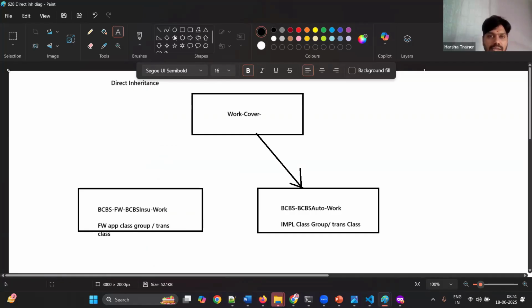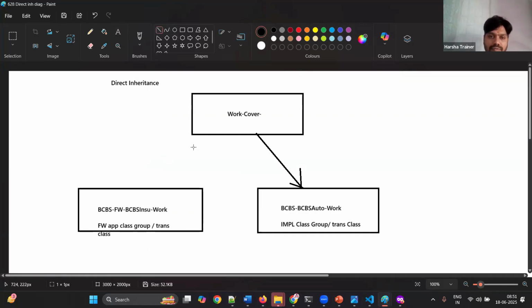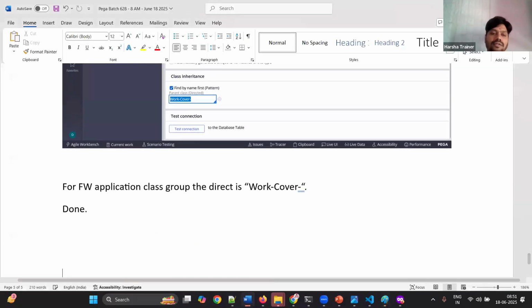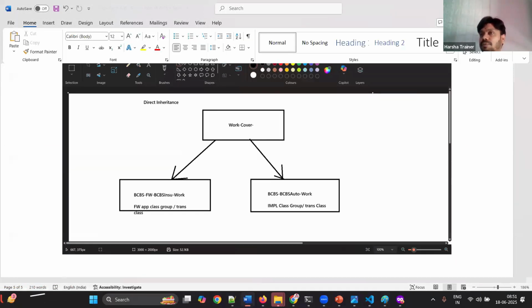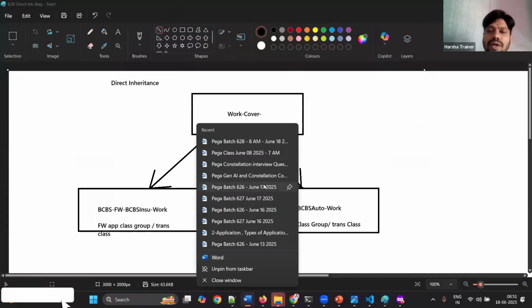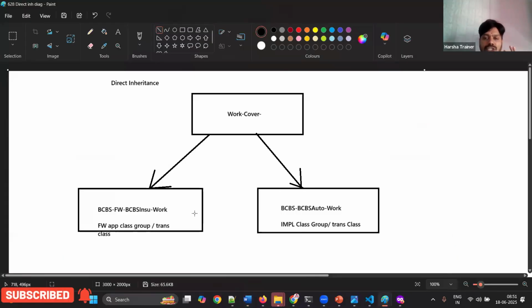And now for this, the inheritance is like this one. This is by default wizard provided. Sometimes wizard may not be able to provide you everything as you want. You may correct it. Diagrammatically, this is what we have. From the diagram, one thing you can understand that our implementation application class group can access the features of framework